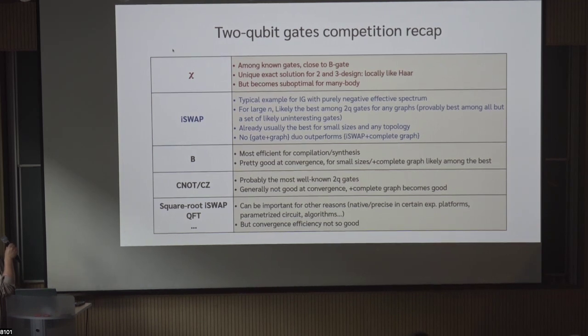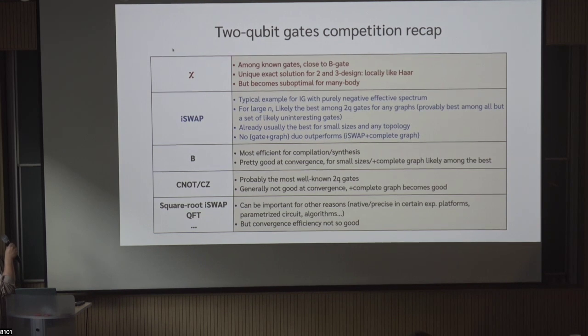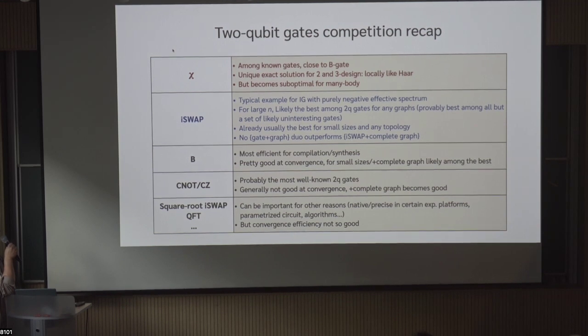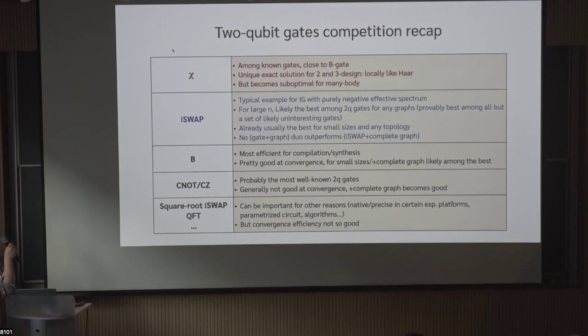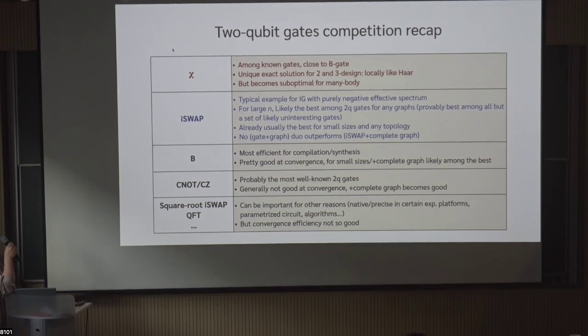And then we have some other gates. The B gate is known to be the best for the compilation task, and for the convergence setting that we are looking at, it's also pretty good. And together with CNOT, they are dual unitary gates that we expect to also be the best for complete graphs. And then we also have all these other very well-known 2-qubit gates, especially the square root iSWAP gate and